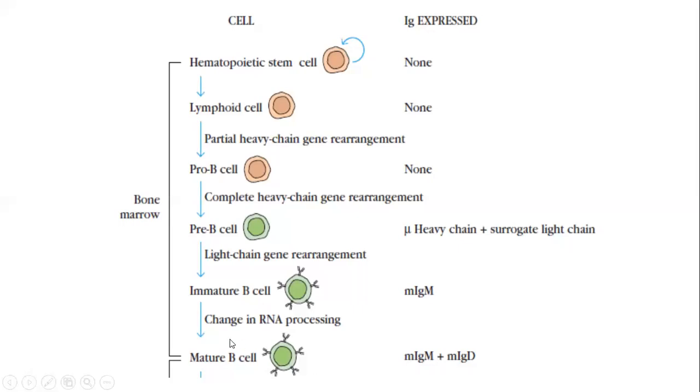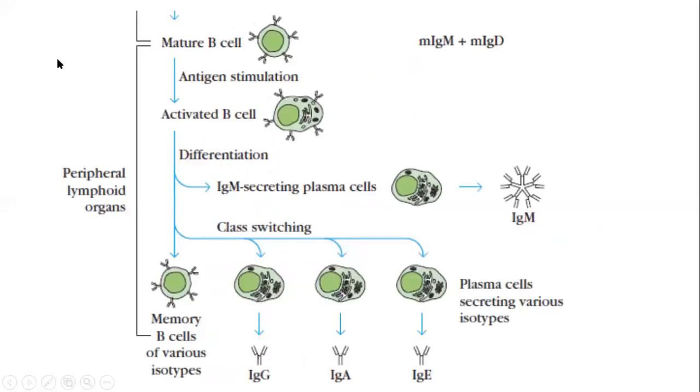The IgM and IgD are membrane bound. Then in the peripheral lymphoid organs, antigen stimulation happens. Then they know which antibodies, IgM, IgD, or IgA, have to be triggered more. They have to make a clonal population. Antigen stimulates that, and the activated B cell differentiates into plasma and memory cells. Then they might give rise to one form of antibody. And there is a class switch, called antibody switching, that we will see in the next class.